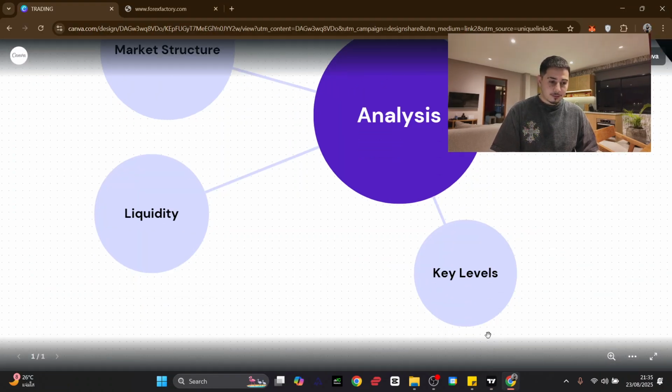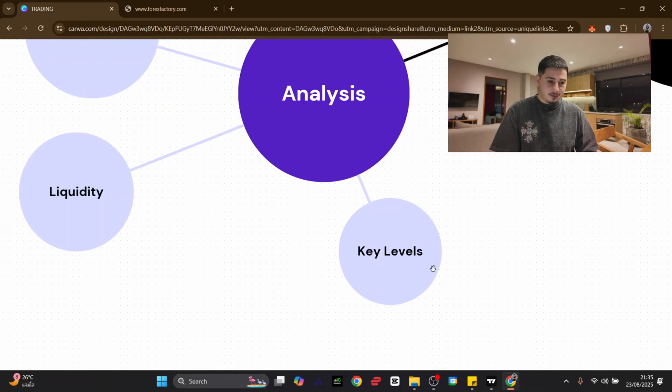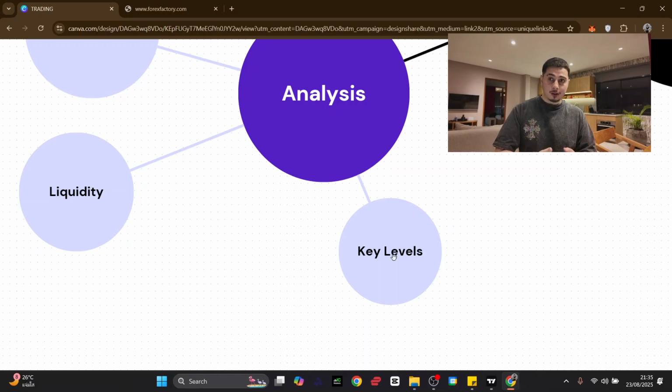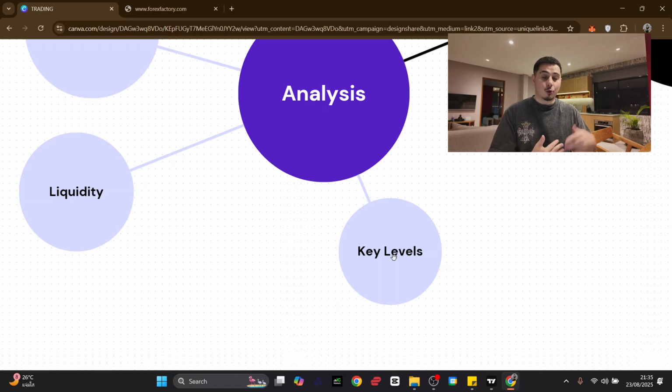And then you've got key levels. Key levels can be order blocks. These can be support and resistance levels. These can be imbalances. These can be breaker blocks. These can be session highs and lows, or daily or weekly highs and lows. These can be 50% of a range, or the top and bottom of a range. This is your toolkit to understand